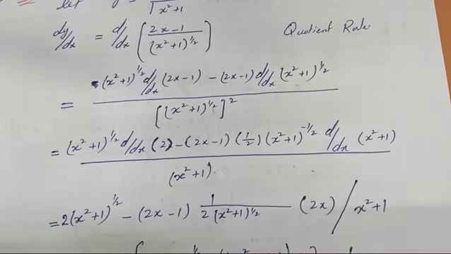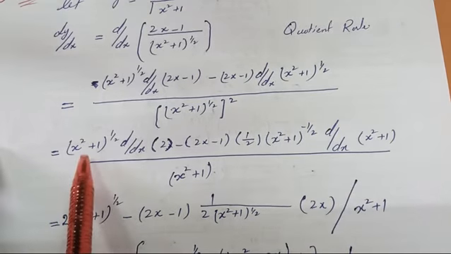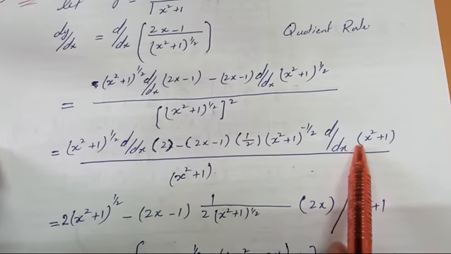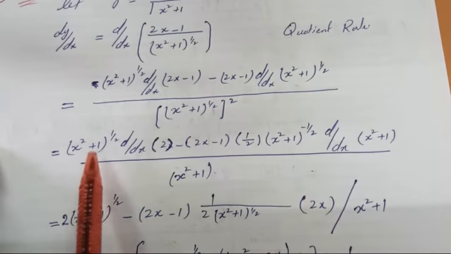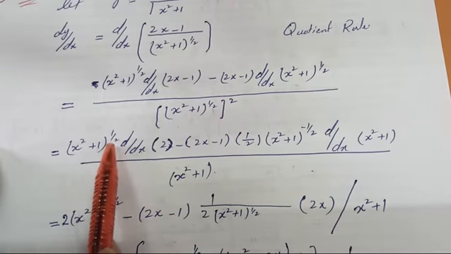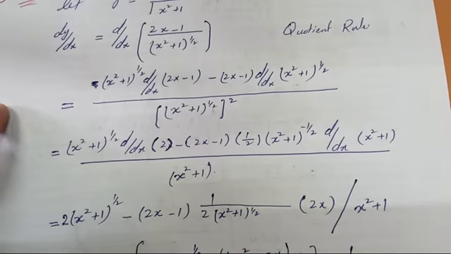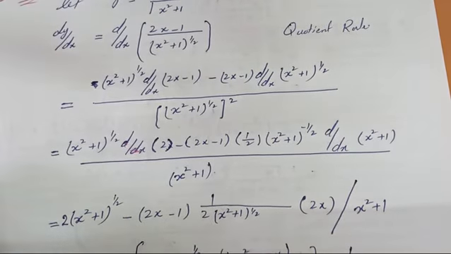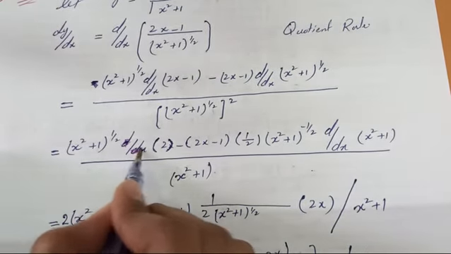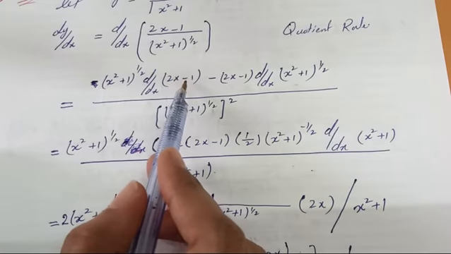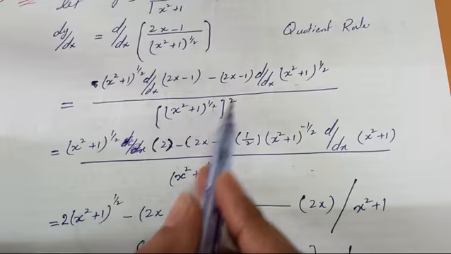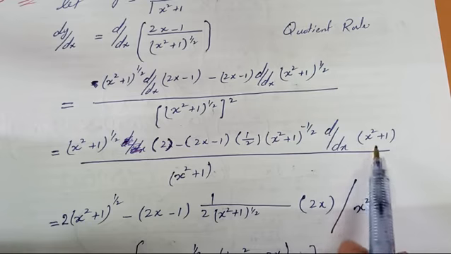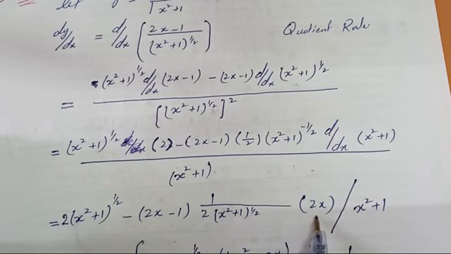So now I am repeating again. By using the quotient rule, we have written this line complete. After that, 2 (x square plus 1) whole power 1 by 2, and the derivative. We have taken the derivative, so no need to write this d or dx. As we have taken the derivative, 2x minus 1, its derivative is 2 minus (2x minus 1) as it is, and its derivative by using the power rule we have written here, and the derivative of x square plus 1 is only 2x.